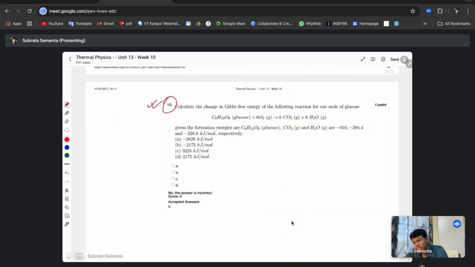Calculate the change in Gibbs free energy in the following reaction for 1 mole of glucose. So glucose is C6H12O6, and the reaction is that C6H12O6 plus 6O2 goes to 6CO2 plus 6H2O, right? So the change in Gibbs free energy of the reaction